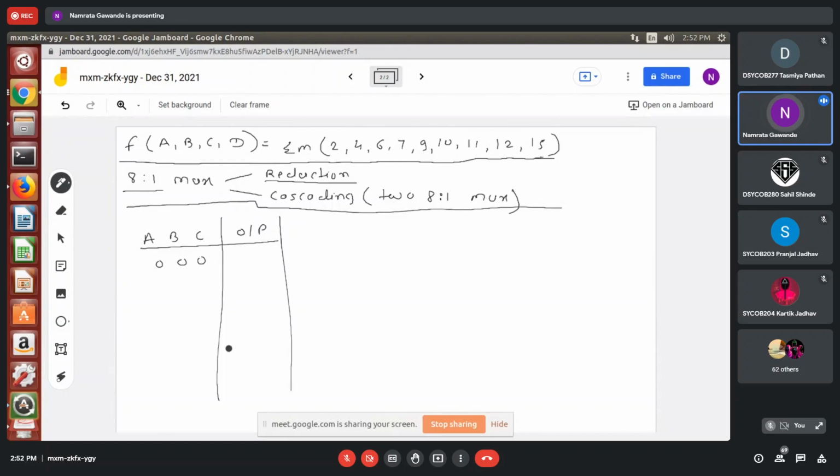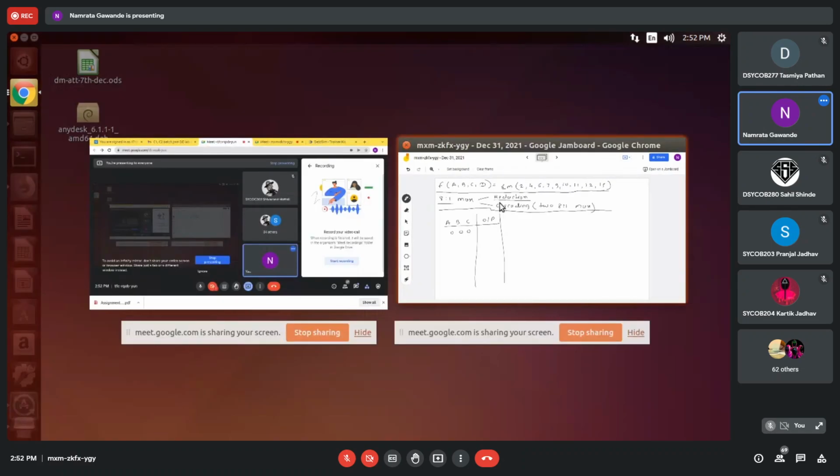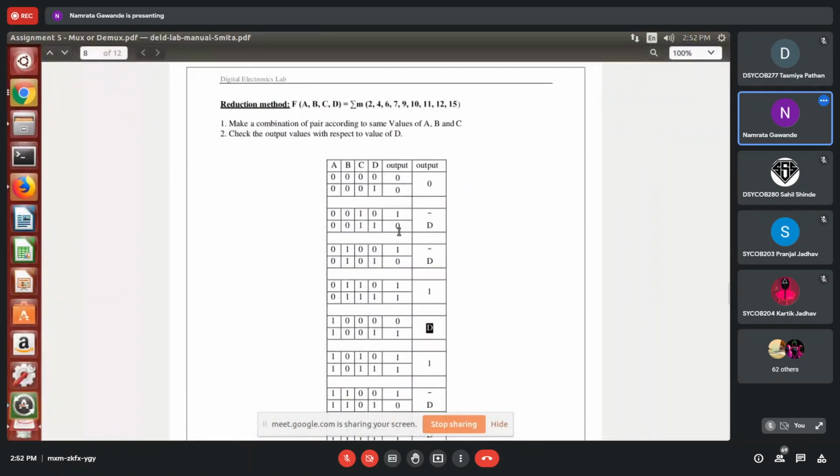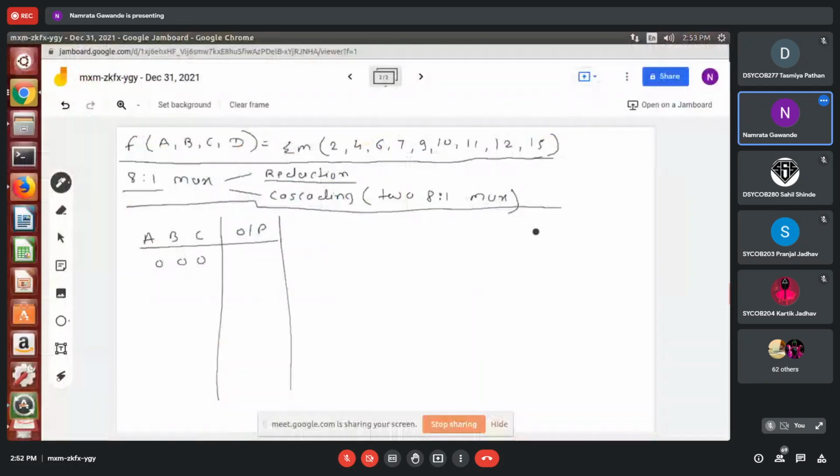Just tell me now from this, for 0, 0, 0, what is the output that we are getting in the last column? That is 0. So I will write it over here.